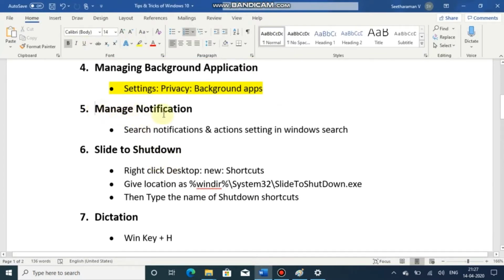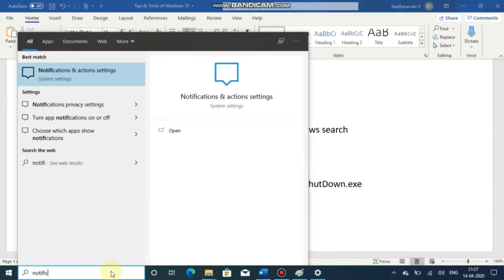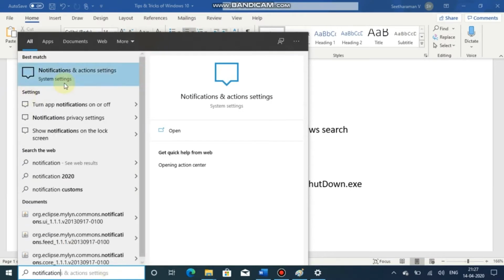Then managing notifications. You can control the notifications of the different applications. For that you have to search for notification and enter into Notification and action settings.